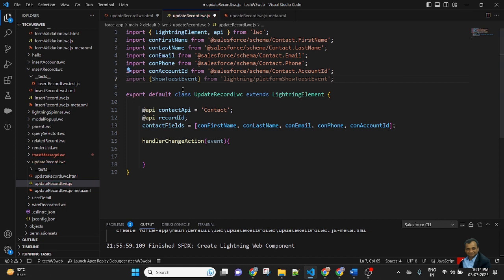After importing the show toast event, this show toast event will be used in the handler action.